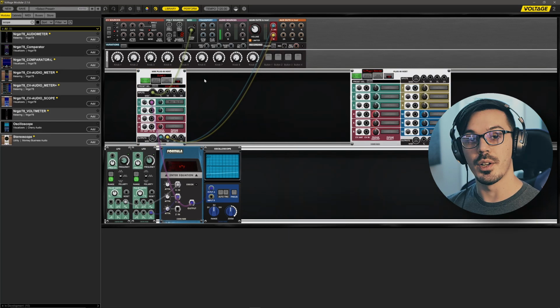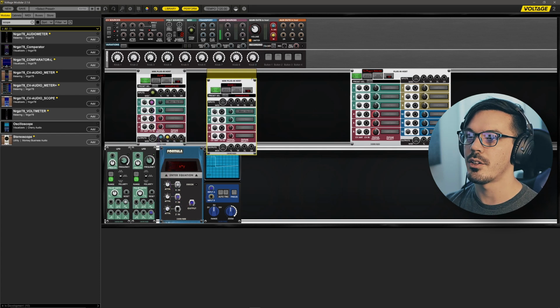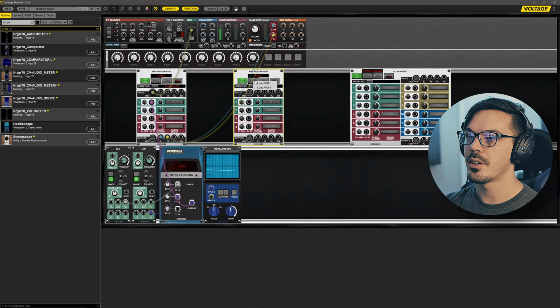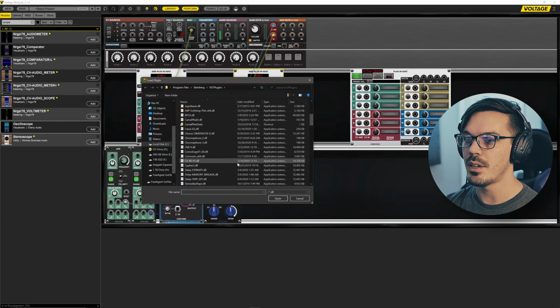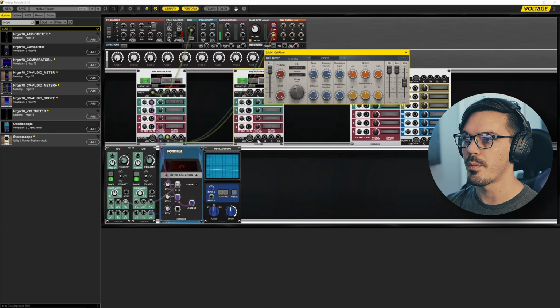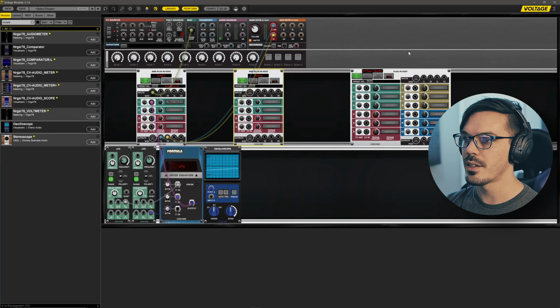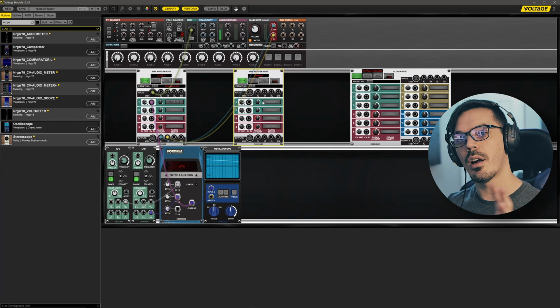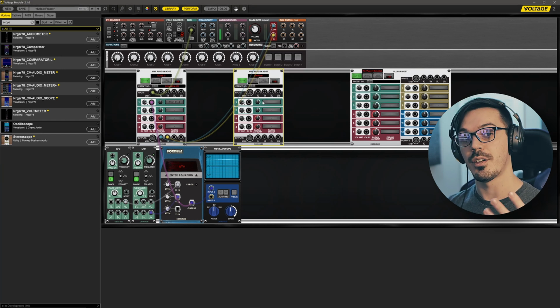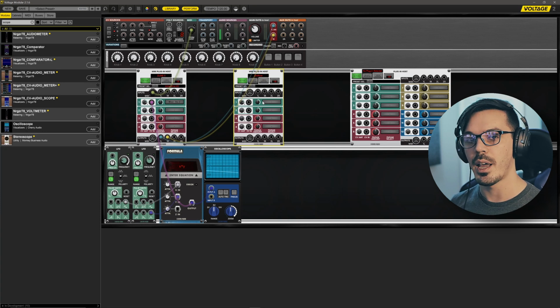Now, to take this idea one step further, let's load an effect into the plugin module host. So I'm going to Alt-click and drag this over. Then I'm going to go back to Select Plugin and load a VST. And let's grab one of my favorite reverbs, which is Aural River here. Now we can just increase the reverb size to something like that. And we'll go ahead and run the audio through this module to use it as an effect module and then back out through our main output.